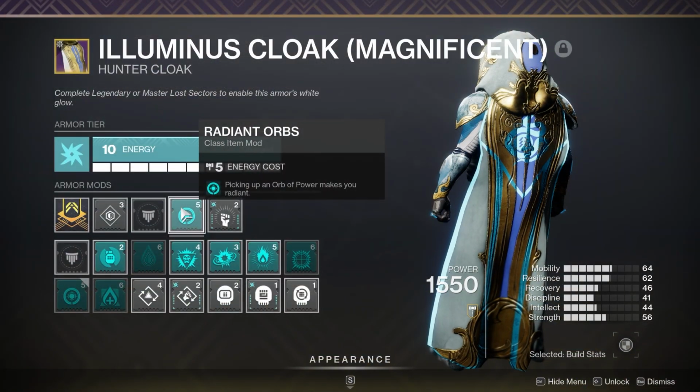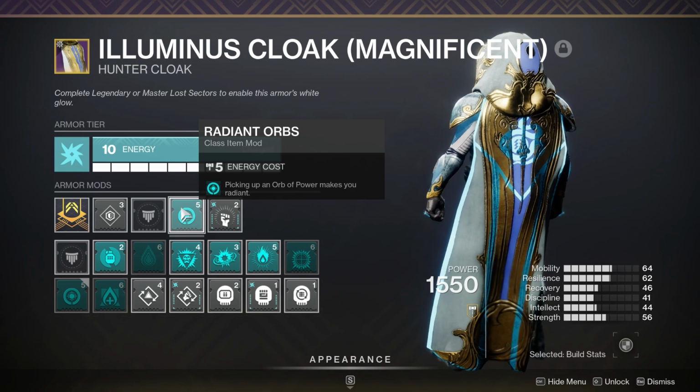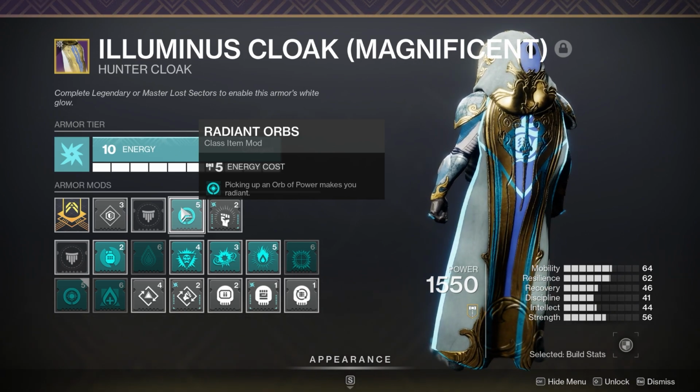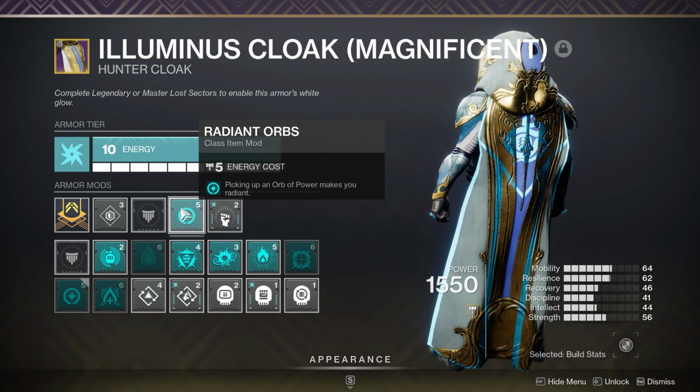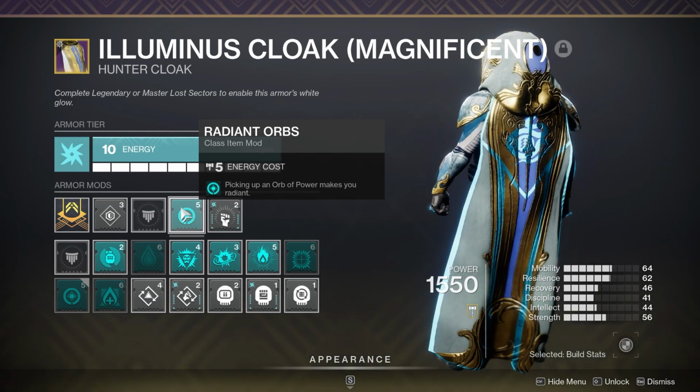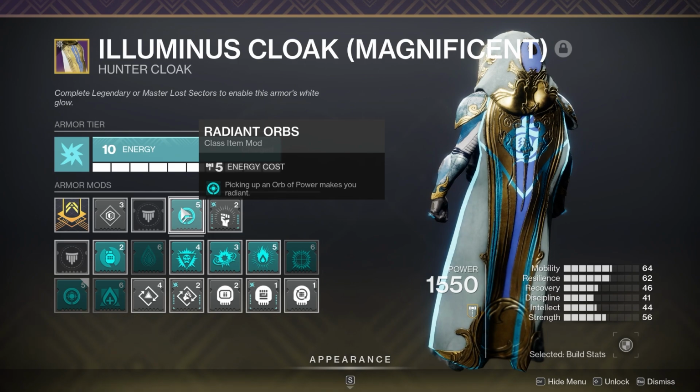For those that don't know, you can use this on any subclass, not just Solar, and it'll make you radiant when you pick up an Orb of Power. This is why we're rocking the Harmonic Siphon mod in our helmet slot, so that we can generate these Orbs of Power, and Radiant does indeed stack with Font of Might,